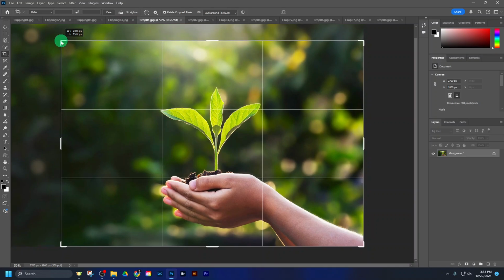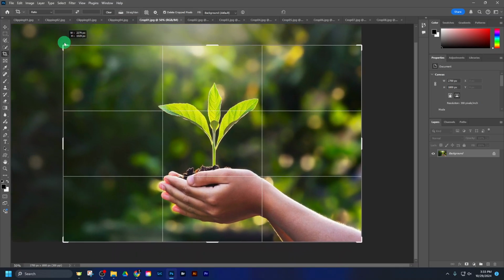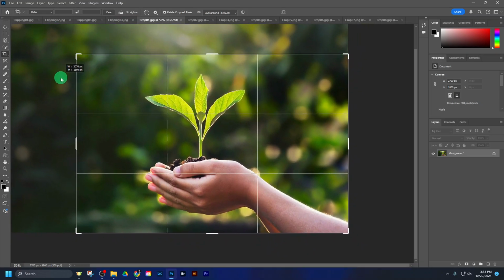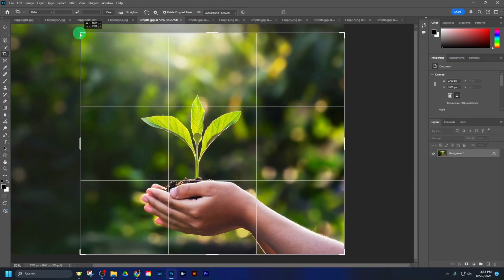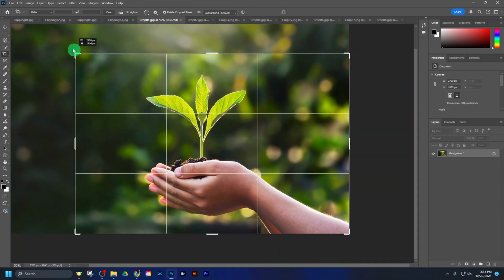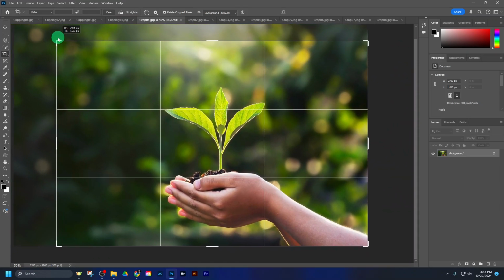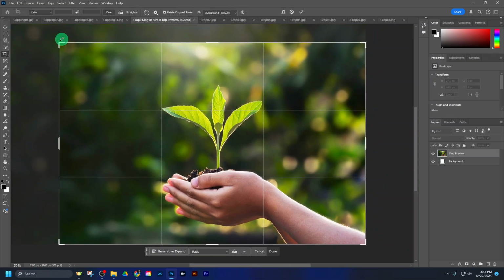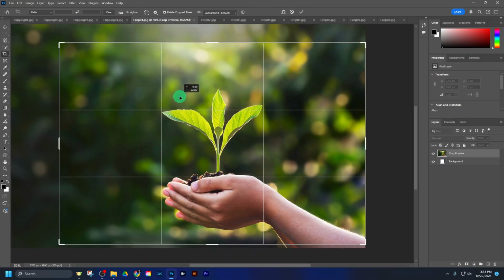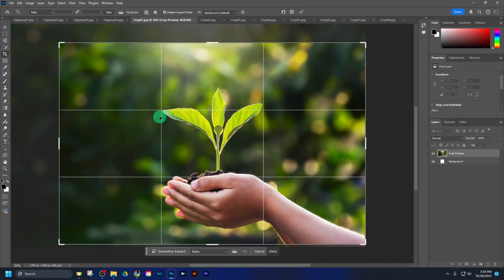If you hold Shift, you can see that the rectangle stays the same shape. It no longer squishes. If I let go of Shift, now I can make a funky squished rectangle, but if I keep Shift held down, it keeps my aspect ratio, or my size, the exact same. So let's do it to the rule of thirds right about there. You can also move it around a little bit more if you want to line it up. There we go. Let's crop it to about right there so we have this nice square between the leaves and